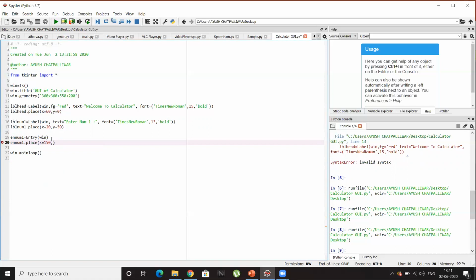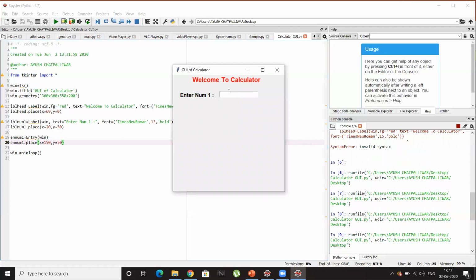We can change it later. And y will be the same as label one, because I want both on the same line, meaning the same height but different width. So just x will be changed. Here it's 20, here it's 150, but the height is the same, 50-50. Oh, I need to give y here, y equals to, yes, that's it. Let's see if it's okay.